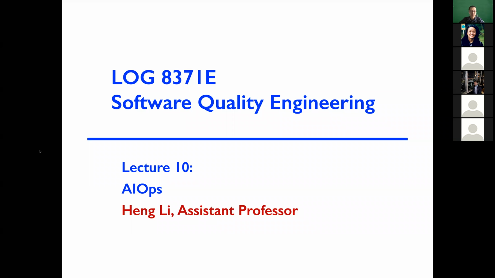Okay, so today our topic is AIOps. So what is AIOps? AIOps stands for artificial intelligence for IT operations. So today we will